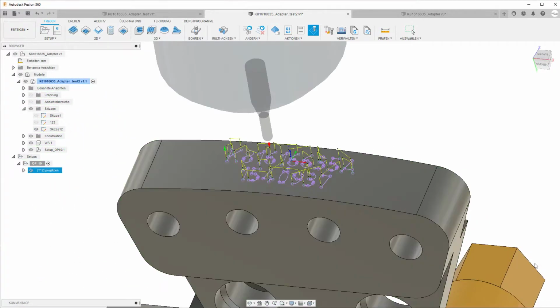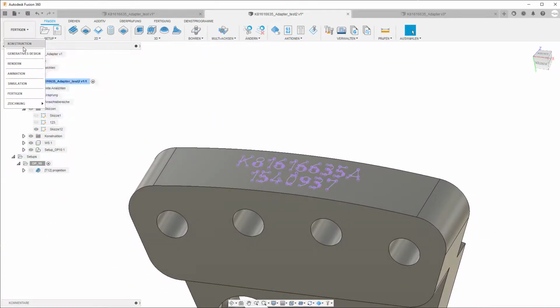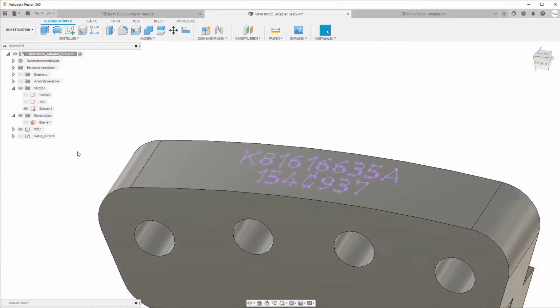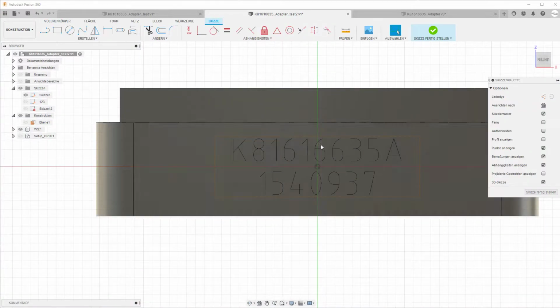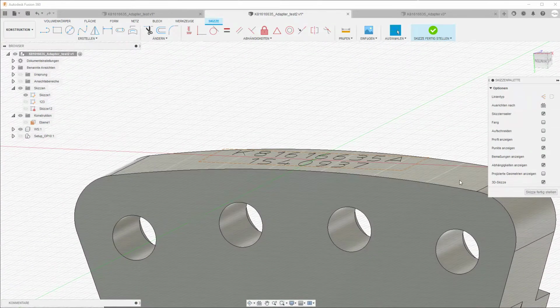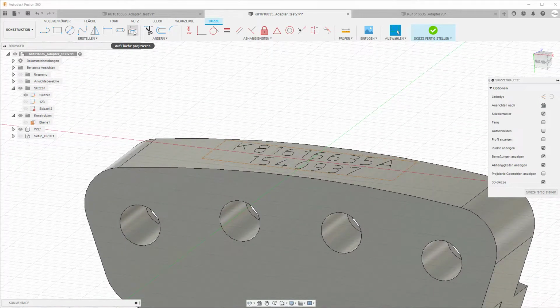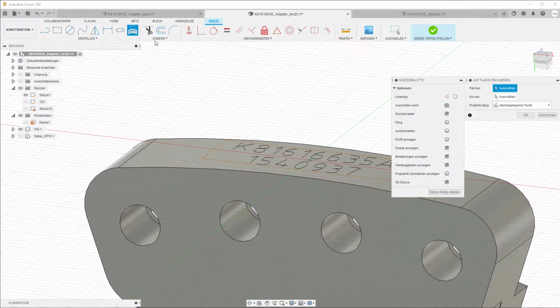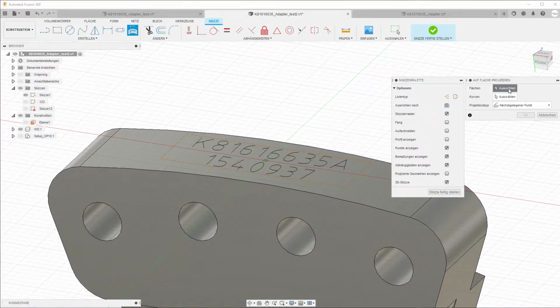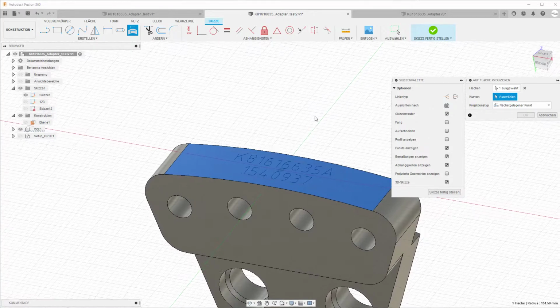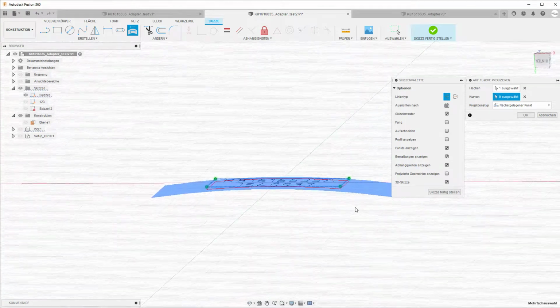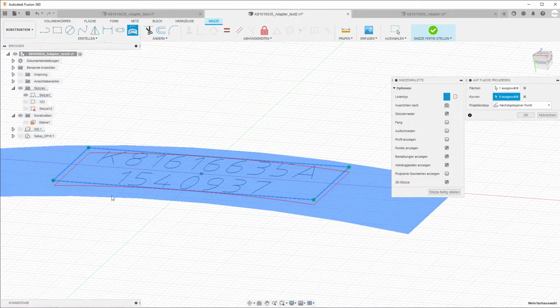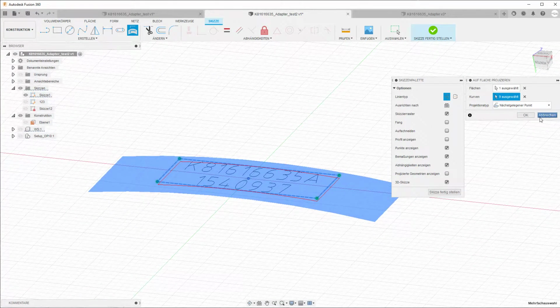The only problem is, if I want to project this text onto this curved surface, and I use the project to surface function, you click at this surface and try to select the text. I can only select the frame of the text. The only way I can make it work